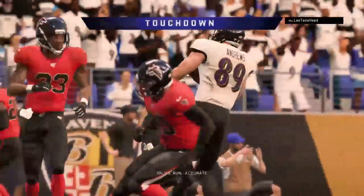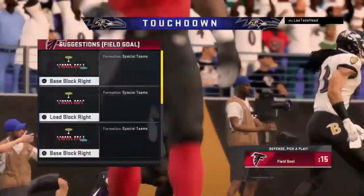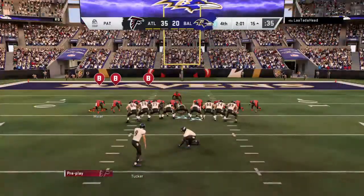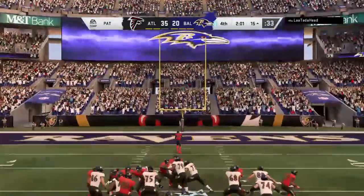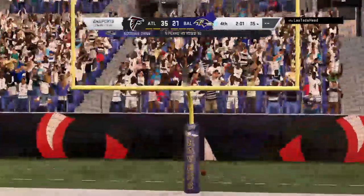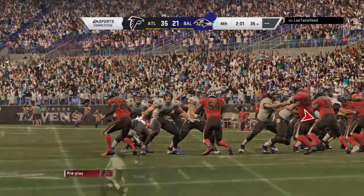And this is caught. Touchdown, Baltimore. Mark Andrews there to make the grab. And the Ravens cut into that lead. He was on point throwing the ball right there. He had the big play to get him down close, and then he delivers a touchdown pass on 1st and